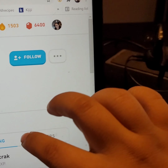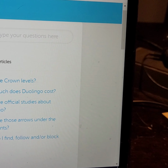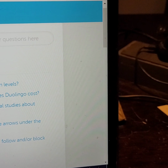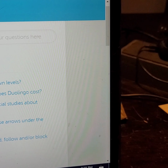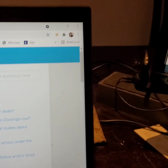And then if you get out of the top 10, you drop down onto the next league below. So you basically need to stay in the top 10 in order to stay in that league. So you earn XP points. So what happens is,